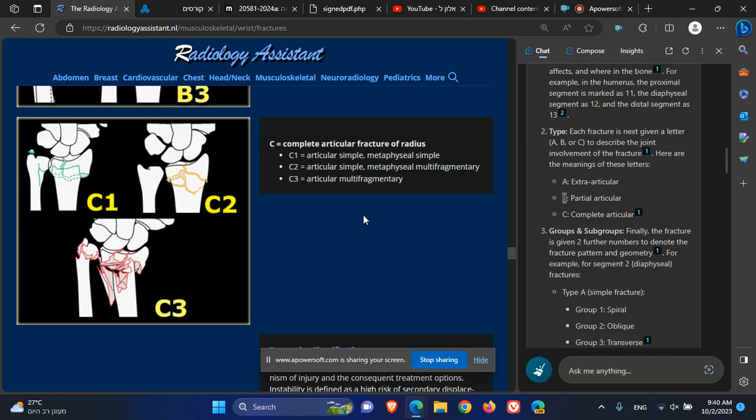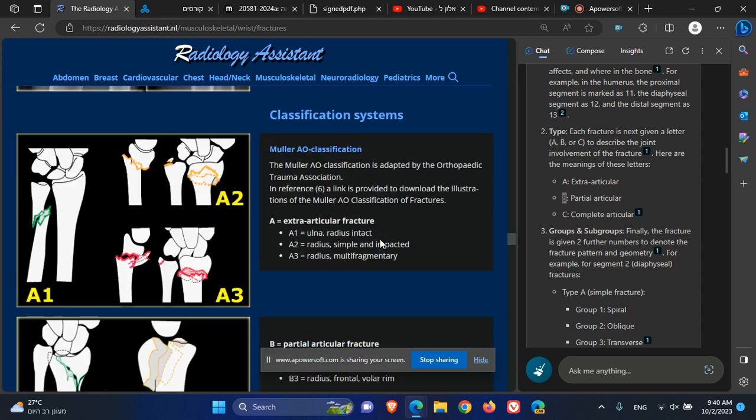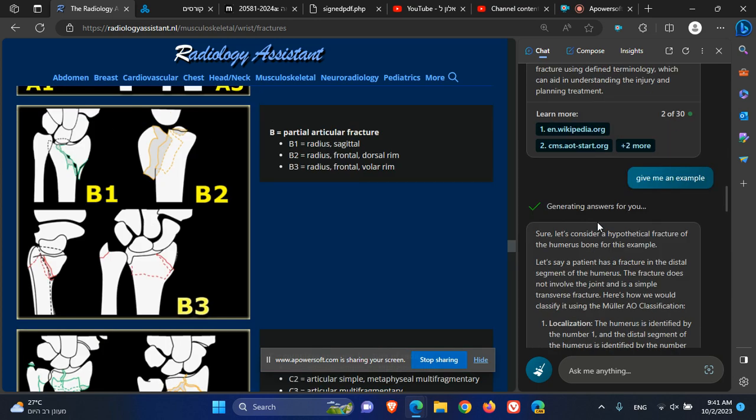Okay, so C is a complete articular, metaphyseal simple is C1, metaphyseal multifragmented C2, articular multifragmented is C3. Okay, this is the classification of Muller in relation to distal radius and distal ulna from a radiology assistant. We can give names